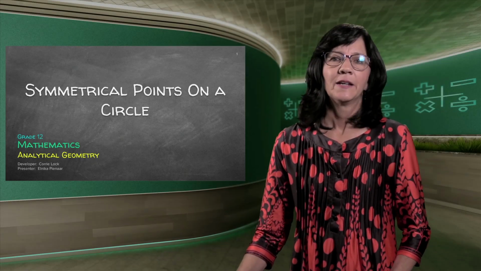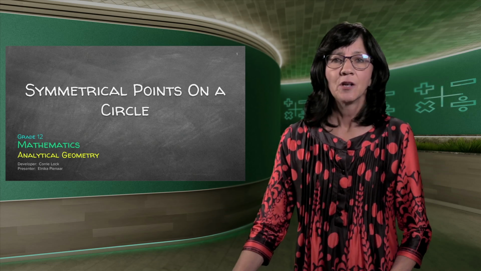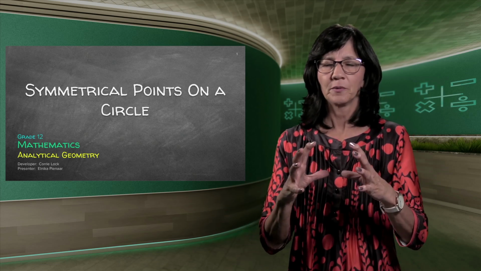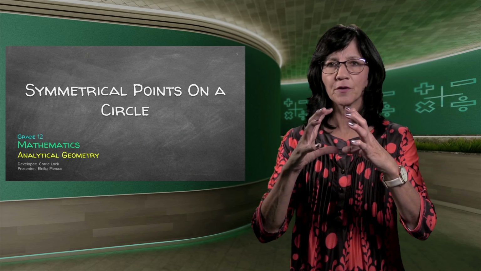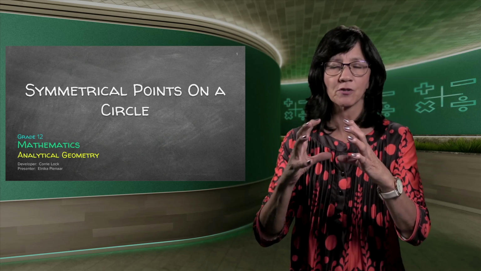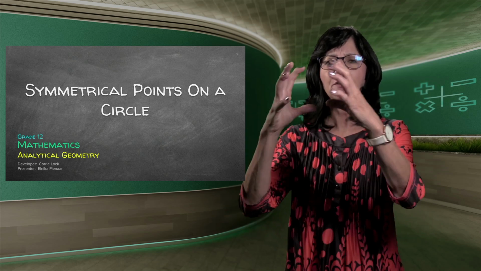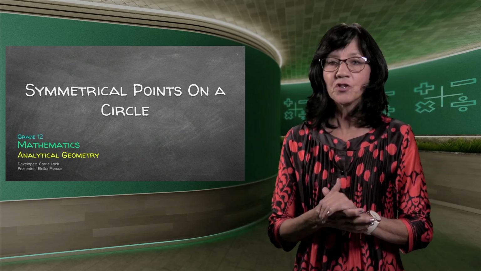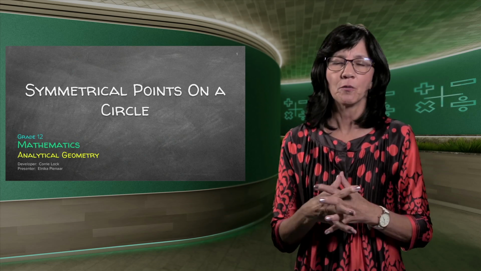Hi guys. As you can recall in the previous lesson, we did the equation of a circle. We took the circle around the center of the Cartesian plane, which was the easy Pythagoras, x squared plus y squared is r squared, and then we moved it around a bit. Now, on each circle, there are symmetrical points.